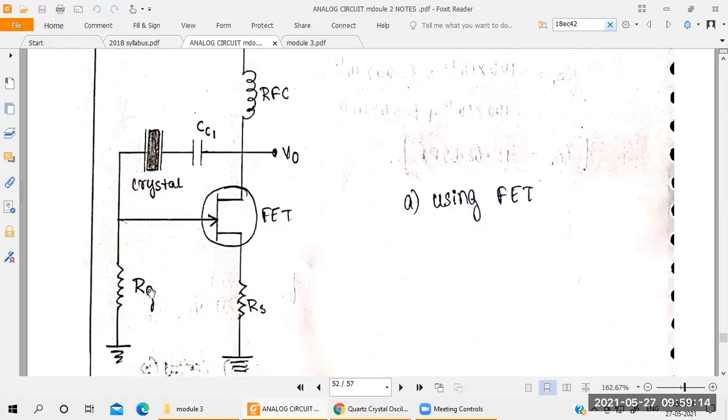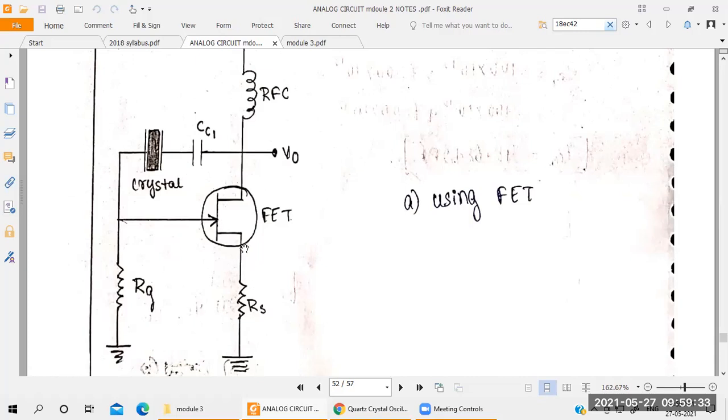So here they have connected RG, gate resistance. For the gate side, they have connected one more resistance. After that it is connected to ground. Okay, this resistance acts as what here? Higher input resistance for the amplifier. Okay, higher input impedance or higher input resistance. That's why it is connected to the amplifier.